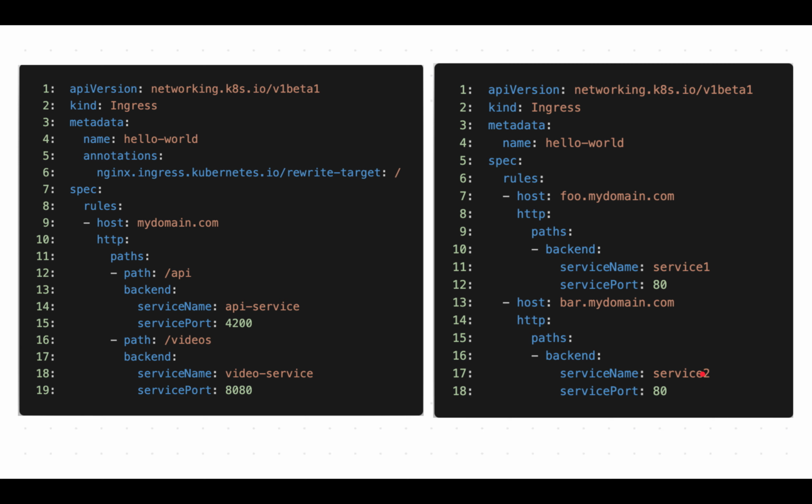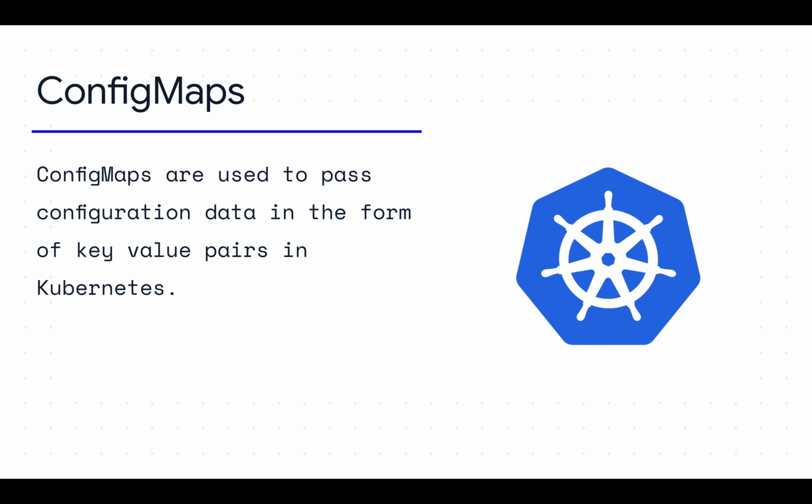The configuration you use in this case depends on your use case, on what you are trying to achieve. So no one is better than the other. Moving on, let's talk about how we are going to manage configurations and secrets within the Kubernetes cluster between deployments. So let's quickly talk about config maps.